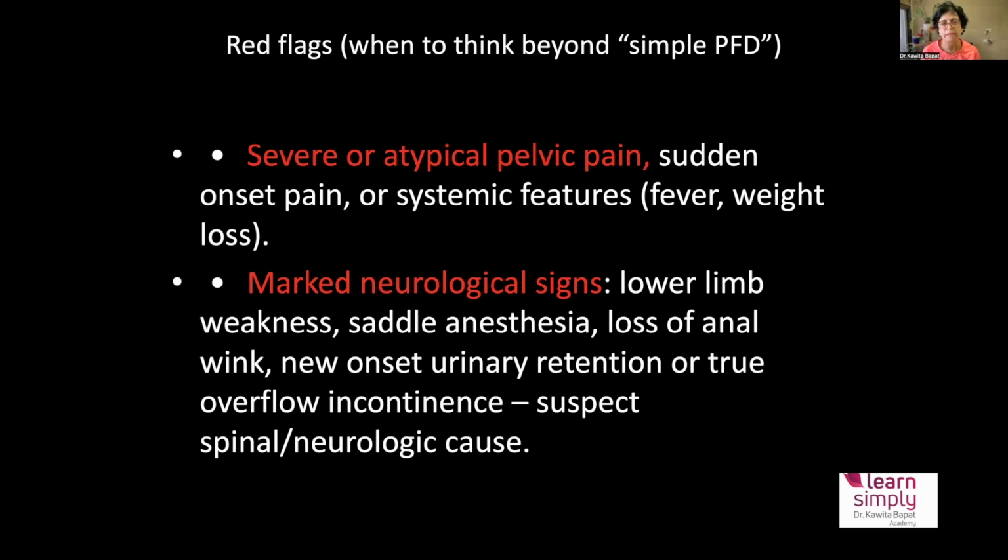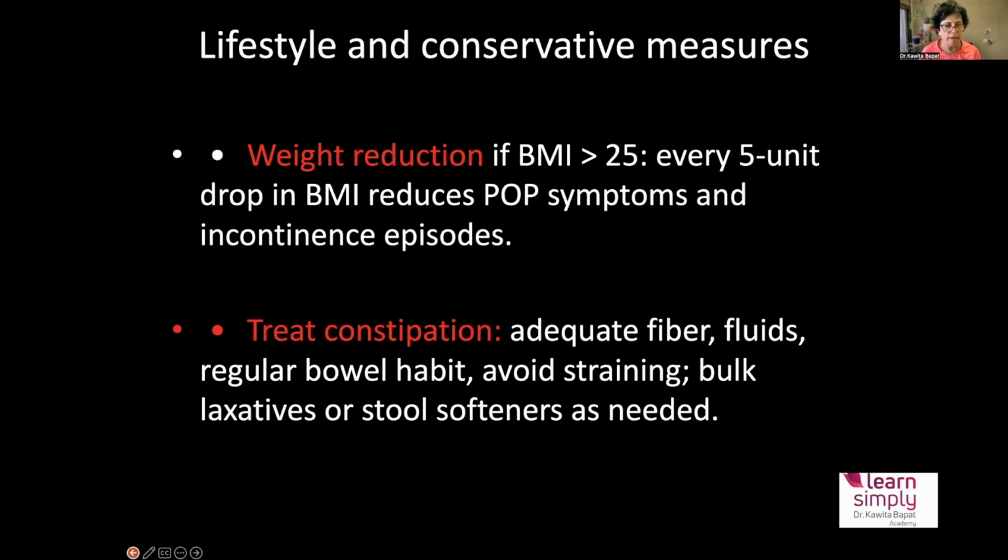Marked neurological signs: lower limb weakness, saddle anesthesia, loss of anal wink, new onset of urinary retention, or true overflow incontinence, suspect spinal or neurologic causes. Now, what is the first line management? First line management is, first and foremost, if the BMI is more than 25, the patient should go